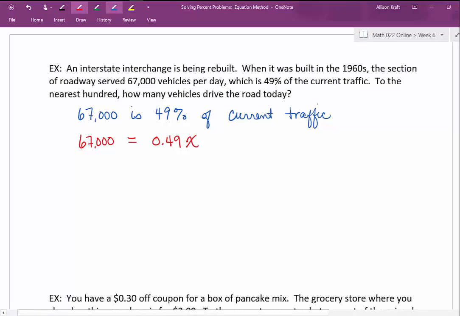And we solve for x. We'll divide both sides by 0.49. I get x to be